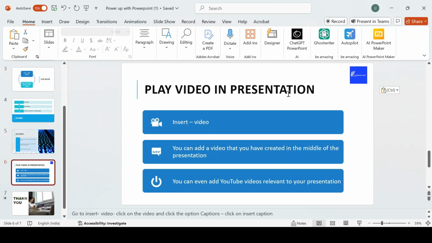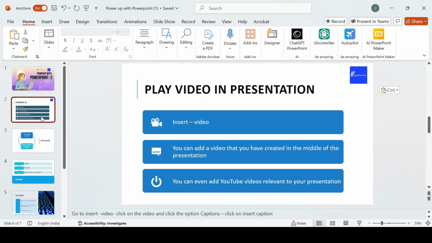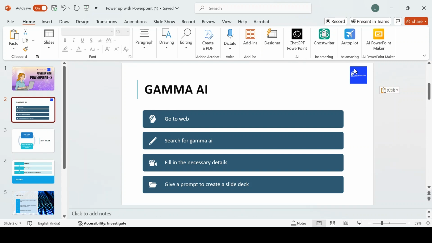Now you can see here it is, right? In all my slides I can see the logo. To remove this logo, you should again go to View and use Slide Master only. It is a non-editable picture, so you cannot edit it. Even if you click here, you cannot edit it. When you are using a logo that is generated by AI, if you are pasting a picture directly on that, it easily gets edited and your audience will definitely know that you have placed a picture over AI. So in such cases, you can use Slide Master to get a non-editable logo.